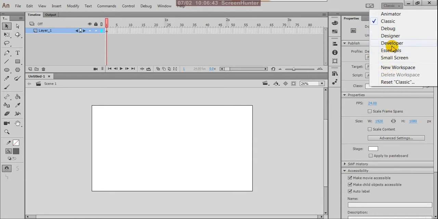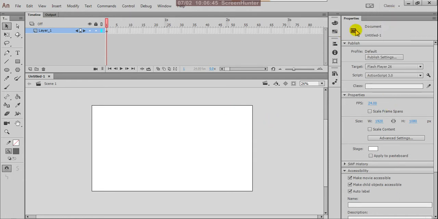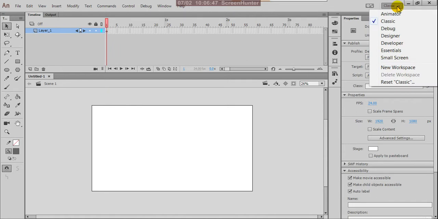Okay, first you check this top right corner. Here it is: animator, classic, debug, designer, developer, essential, small screen, new workspace, and reset classic. So these are the workspaces. I already gave you a hint: this software can be used by different people.